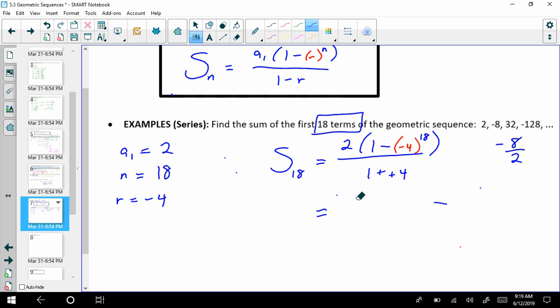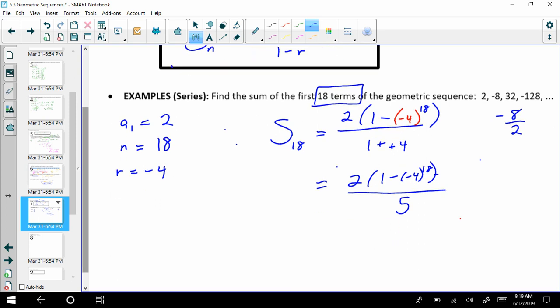So what we would actually have on the bottom, yes, I agree, you could just say 5. But the top, I cannot change that to plus because of that exponent. This is where I would recommend seeing if you can just type this in all at once into your scientific calculator. It should be able to handle this. I would just make sure to put the parentheses in where needed, and you should be able to get the answer. Now, this answer, I will tell you,